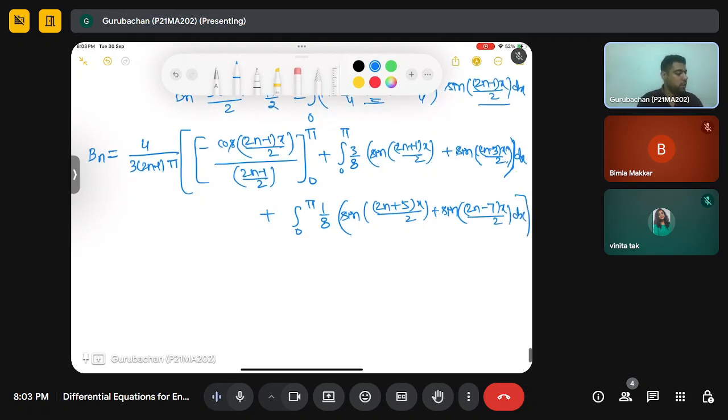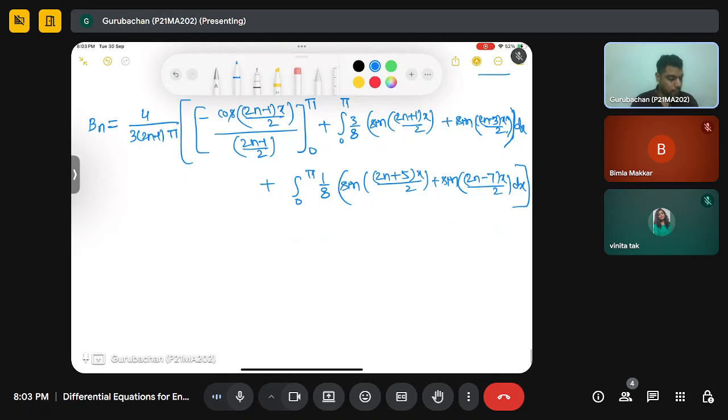So this will be our whole integration, and this will come out to be by 3 n minus 1 5. And if you will